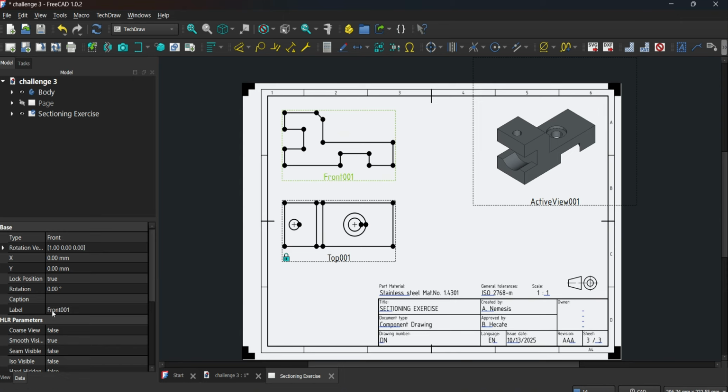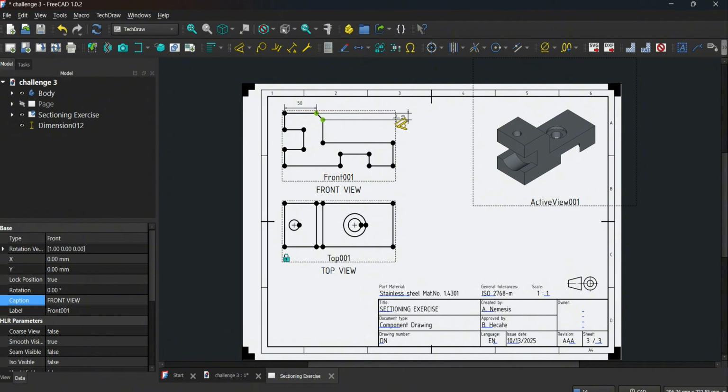I don't want that to be just like that, but it's not obeying. Let's have this dimension first. That one, that one. Then we can also click this and this. Let's align it. The arrowheads are very thin.